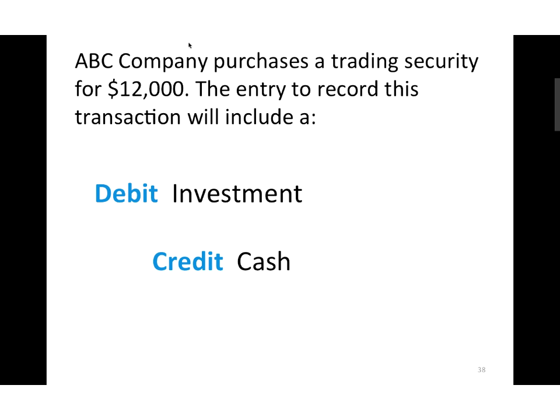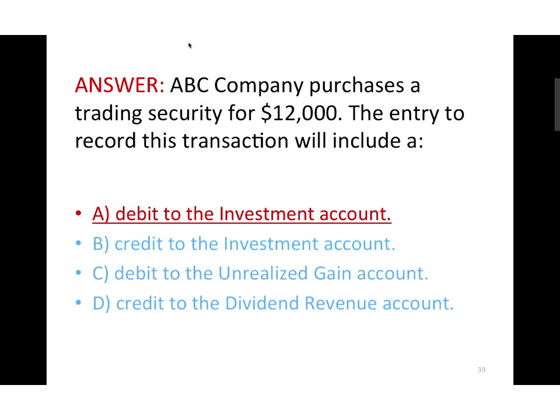So now when I go back to this, I can look at those answers, and there's only one answer. As soon as I see it, debit to investment account, that's what it was. So I'm done with that. I don't have to read all those different choices because I can tell from the question itself what it's asking. Okay. See what we have next.